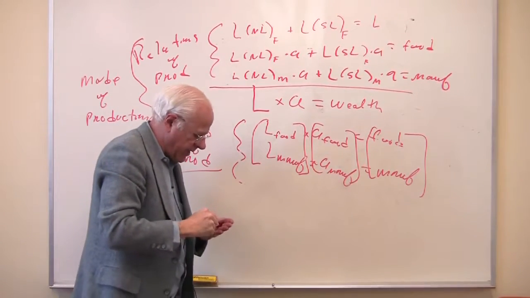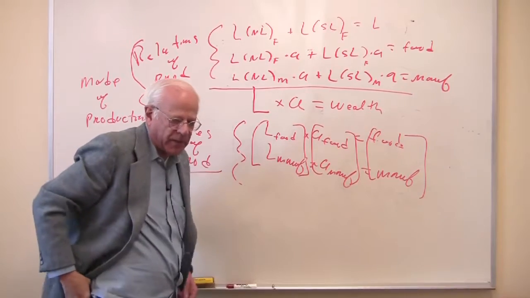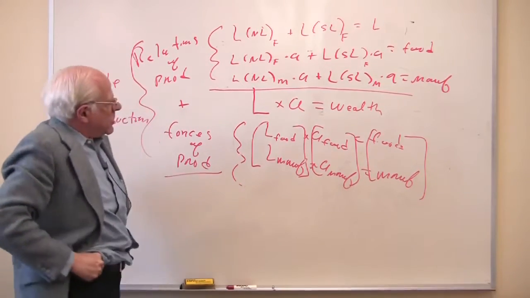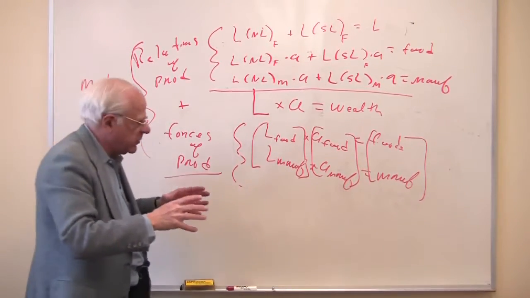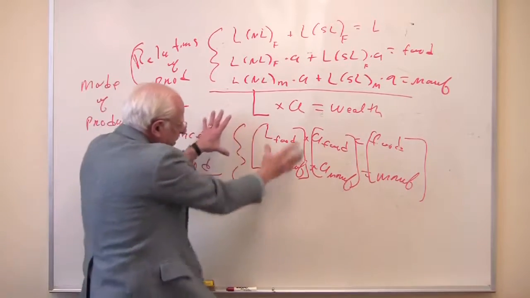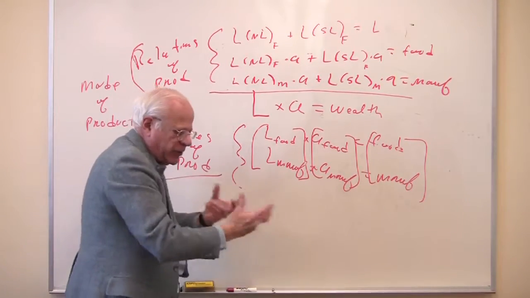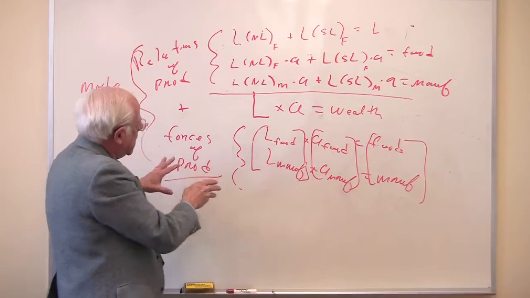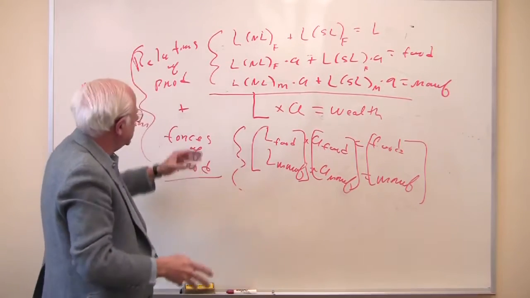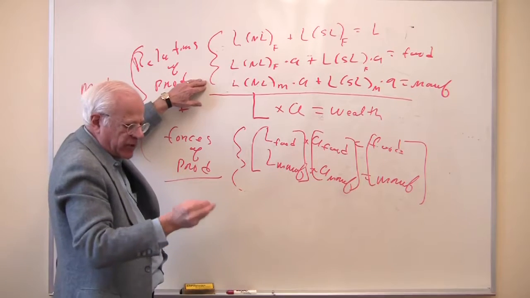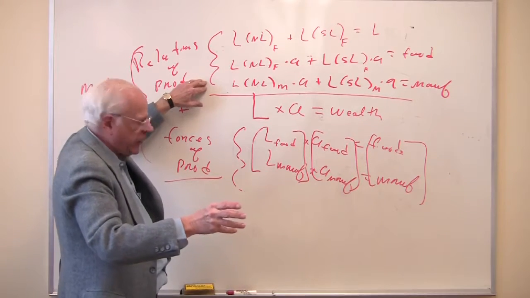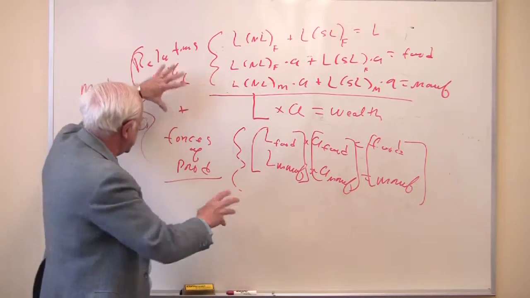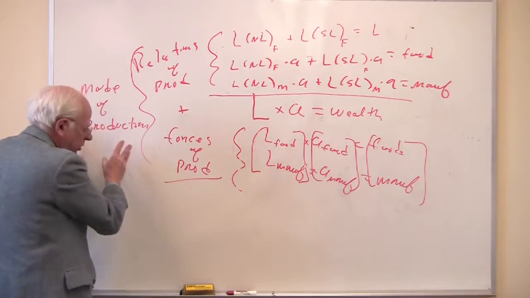You're going to run into this again and again in Marx's own writings, and with other Marxists as well. So, to review this, so hopefully it's clear: the technical aspect of what human beings do is referred to as the forces of production. The social aspect of what they do in terms of this class structure, the necessary and surplus, is referred to as the relations of production. The two together, the mode of production.